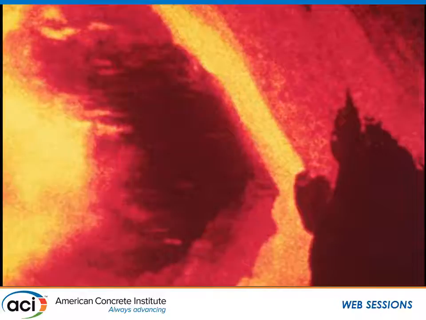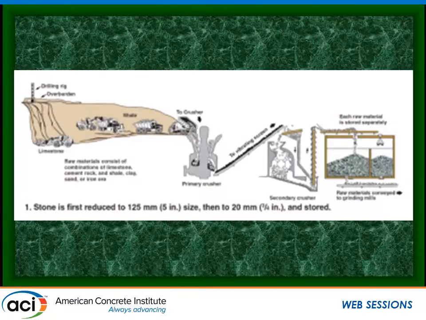All of these materials are the result of some pyroprocessing. They're all processed in flames. And in the document, we give you a brief overview of how Portland cement is manufactured. I'm not going to go into a whole lot of the detail other than just to show how it's laid out. We start with some quarrying of,